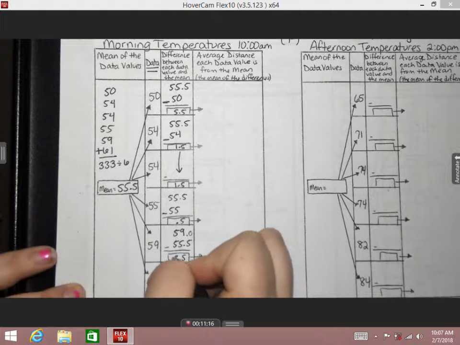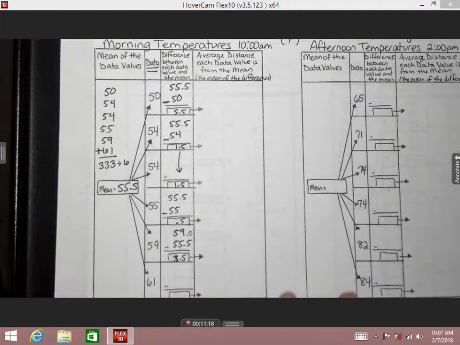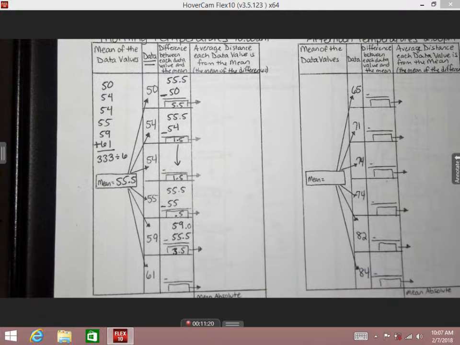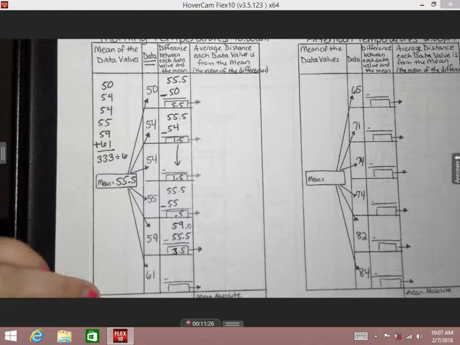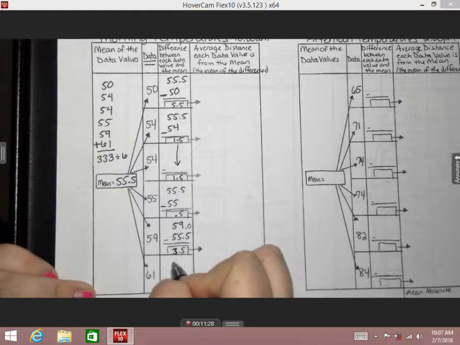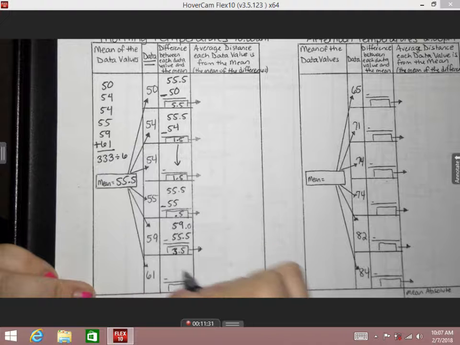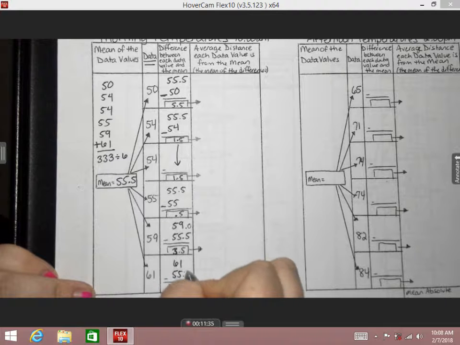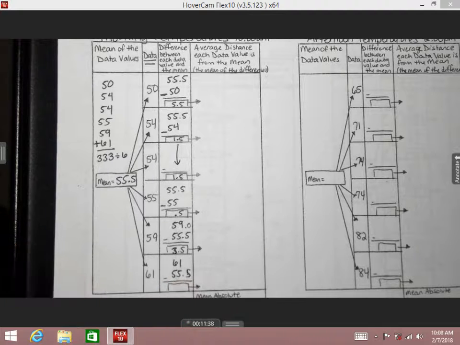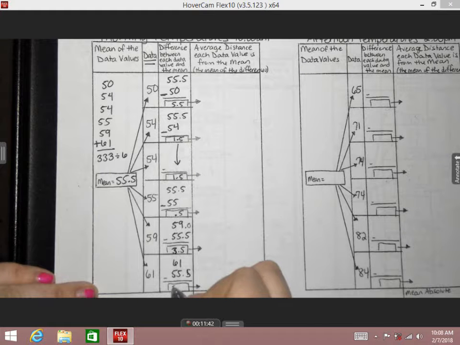Last one. What am I going to subtract, Allie Claire? You're going to subtract 55.5 from 61. 55.5 from 61, so 61 goes on the top. And what do we get when we subtract those two, Sophia? 5.5. 5.5. Okay, so now,